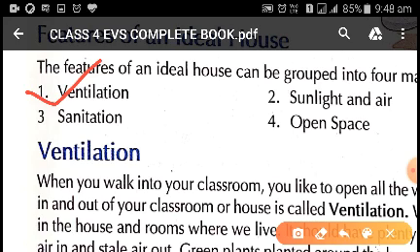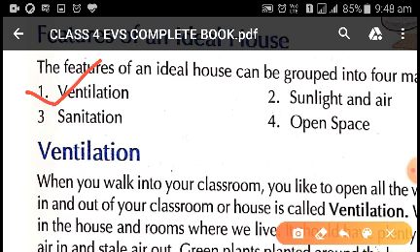for an ideal house, as we know. When we enter a room or a classroom or in our house, first we try to make the room airy, so that we open all the windows and doors so that we get enough air to feel comfortable.